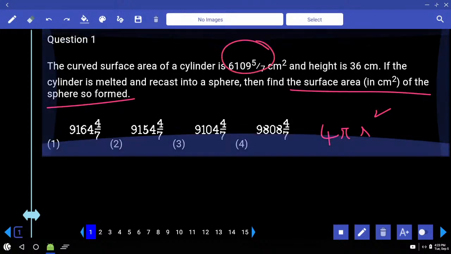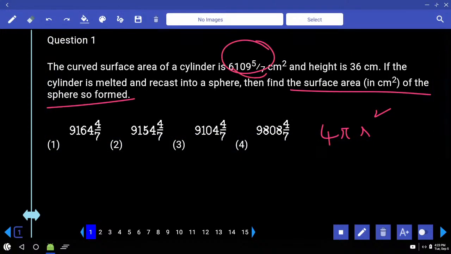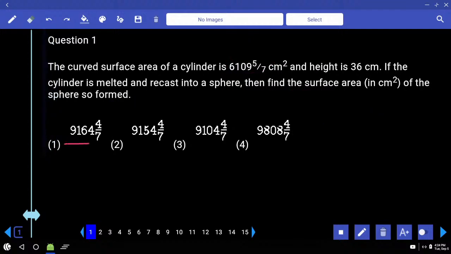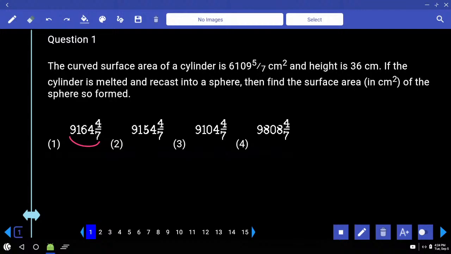If you observe this, 7 6,000s, 42,000, 109 into 7, 763, 42, 763 plus 5, 768. If you observe, this is 11 multiple, isn't it? 11 multiple. In the same manner, the answer must also be 11 multiple. If you multiply this, 63,000, isn't it? 63,000,